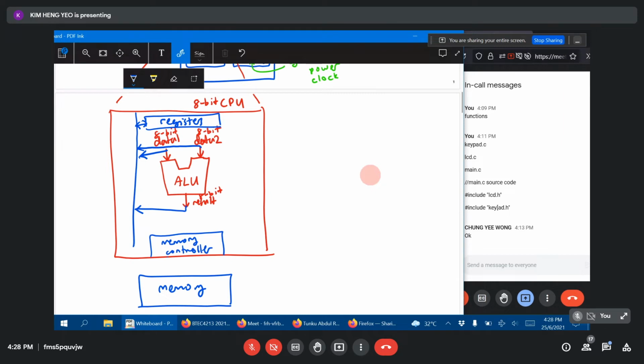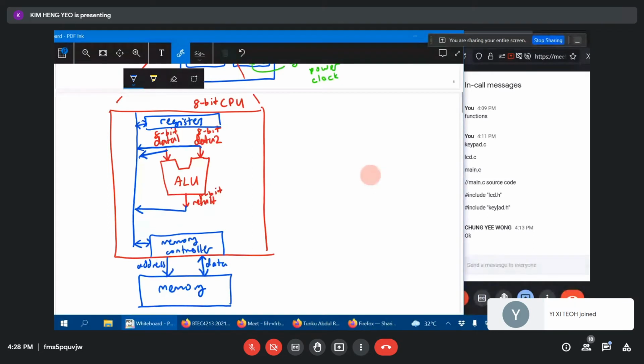The CPU will tell memory which location it wants to access, and then it will either read the value back or write the value to memory. So this is the data. And now, if an instruction is fetched, it can be data or